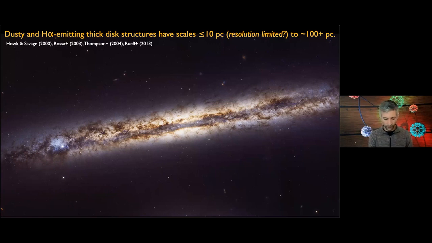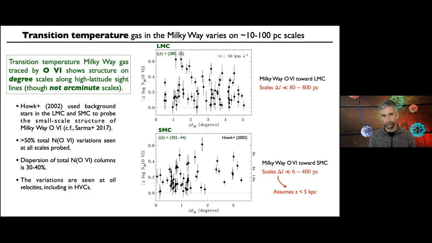And we typically find that, once again, the typical structures, the smallest clouds, probably a resolution-limited statement, have a few tens of parsec type scales. And the complexes that house them have 100 to almost kiloparsec type scales. All right, if we move on to the transition temperature gas, so this is gas traced by O6,